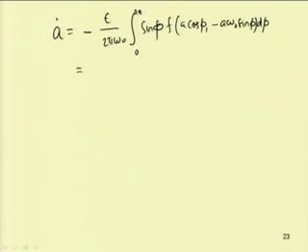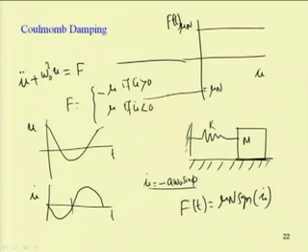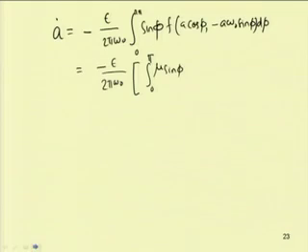So, this can be written in terms of 0 to pi plus pi to 2 pi. So, it can be written as minus epsilon by 2 pi omega 0 integration 0 to pi of mu sin phi. For the 0 to pi portion, u dot is less than 0, negative, so this becomes plus mu. So, mu sin phi d phi, then plus